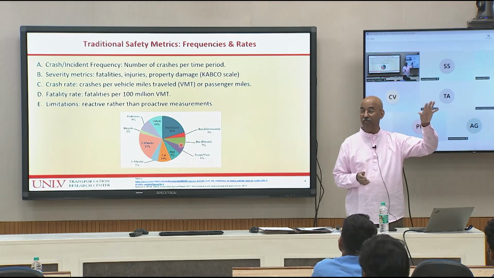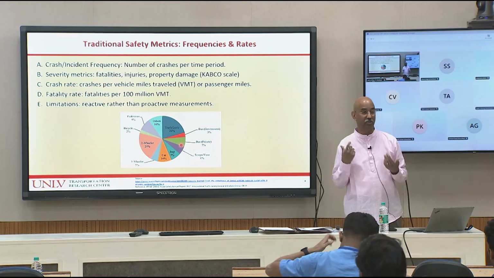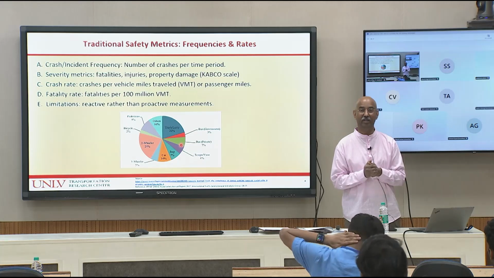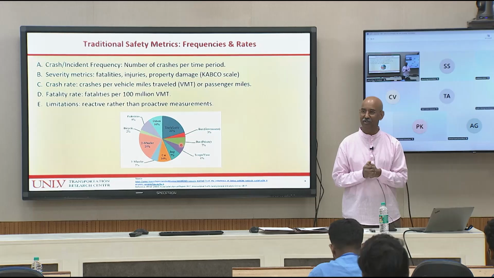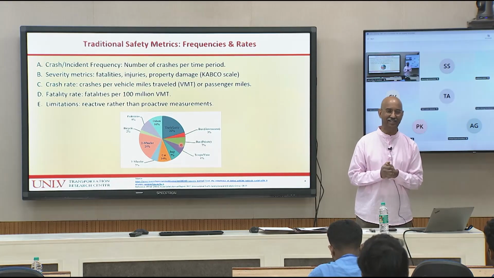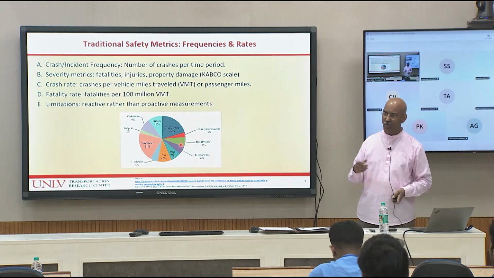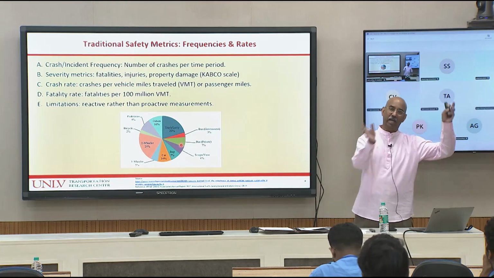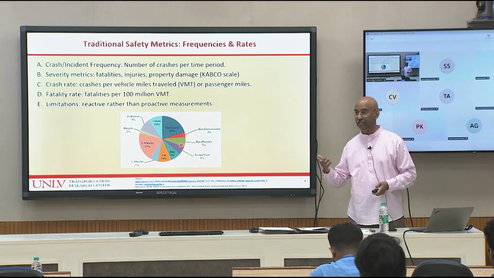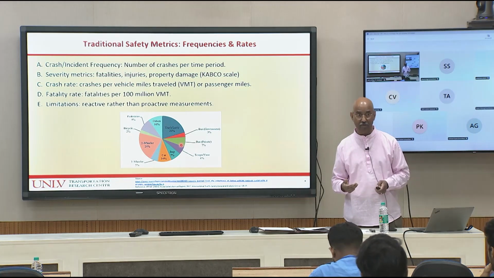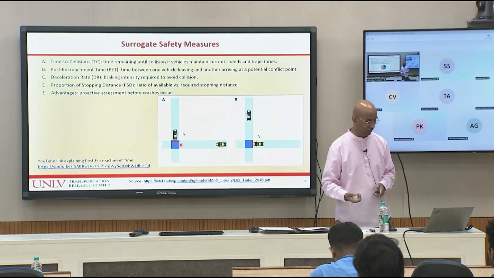We saw that in the first class around the world, what are the outcomes, because some places you don't even have good indicators of the number of registered vehicles. A lot of people have their own ways of devising mechanical transport means. But these are all reactive, not proactive. We are looking historically at what happened, what were the outcomes. If we want to prevent crashes, yes, we can learn from that, but we also need to look at near misses, near collisions, and try to avoid that.